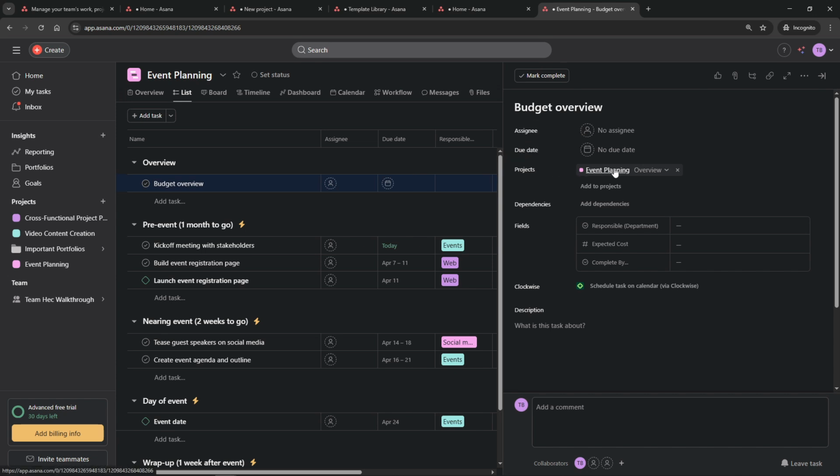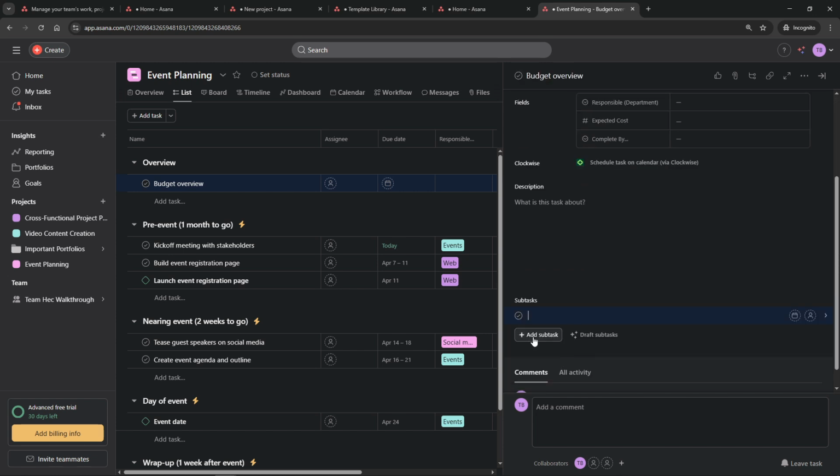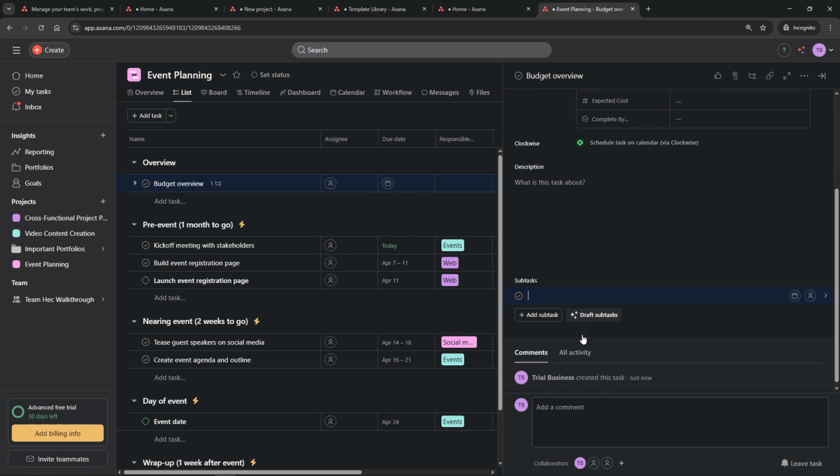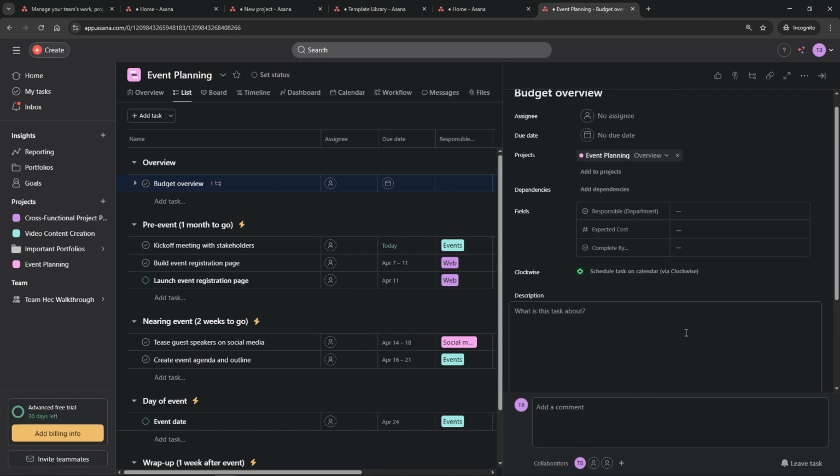To ensure accountability, assign the task to a team member by clicking on the Assignee field. It's also wise to set a deadline by selecting the due date option, helping the team prioritize their workload. For more complex tasks, you can break them down into smaller steps using the subtasks section, which helps manage larger projects efficiently. Don't forget to utilize Asana's dynamic collaboration features. You can upload files directly to tasks and leave comments for ongoing discussions. Lastly, use tags to categorize and prioritize tasks, making it easy to track progress and ensure nothing falls through the